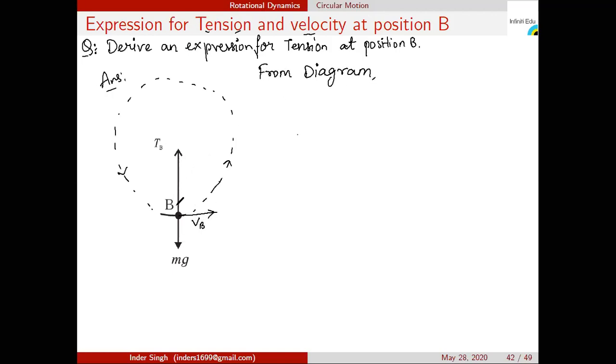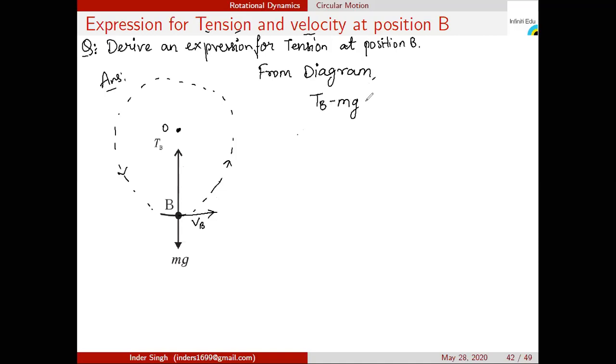that tension and mg are forces. Tension is one type of force, mg is again one type of force, and they are in opposite directions. If I write mg in this direction, then that will be called minus mg. So what is the final answer? TB minus mg. Why is TB positive? Because the length of TB is greater and the length of mg is lesser with respect to the center. So mg has the lesser value, so this will be subtracted. The resultant vector will be in the direction of TB, so TB is positive.